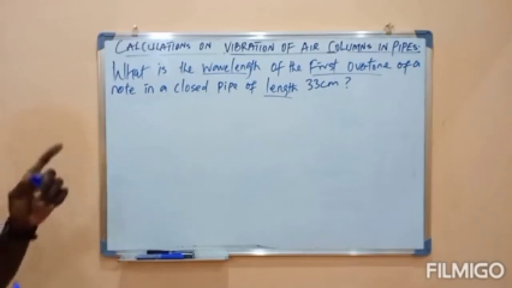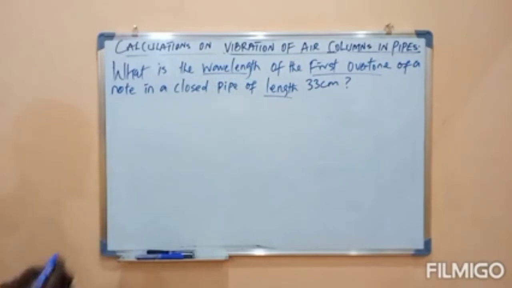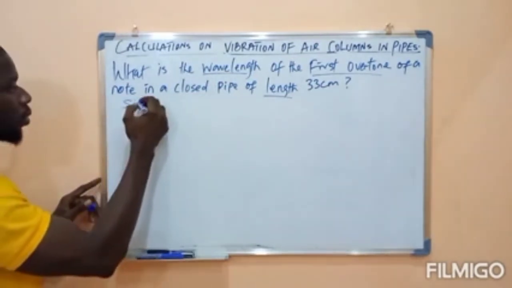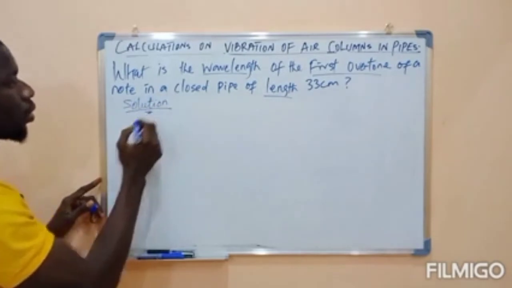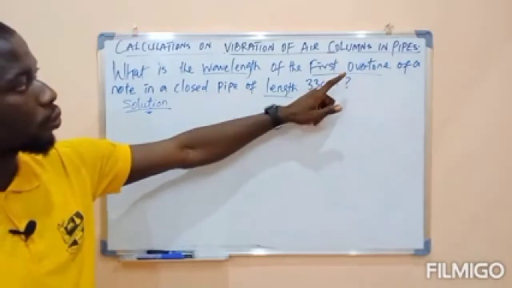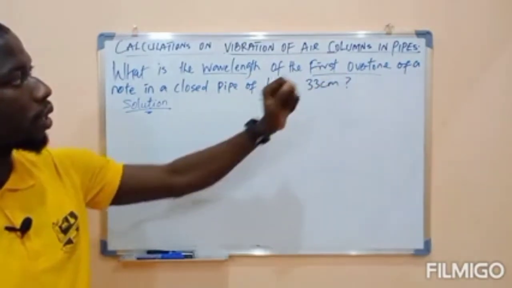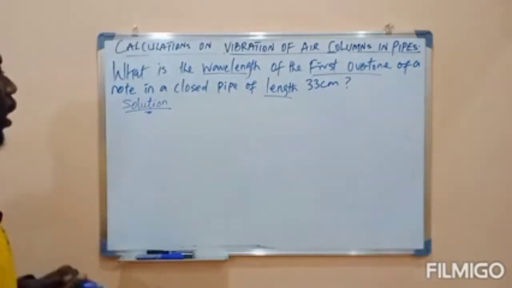So we are looking at the relationship between the wavelength, the length, and first overtone. Solution. If you remember, our first overtone is second harmonics. For a closed pipe,